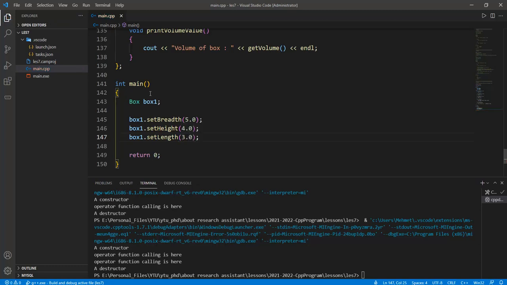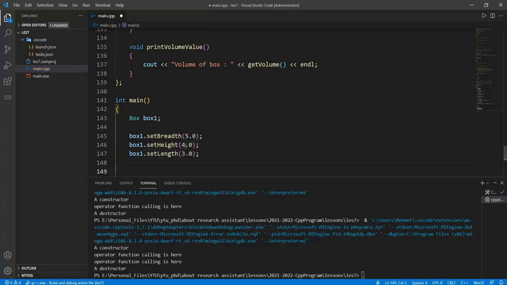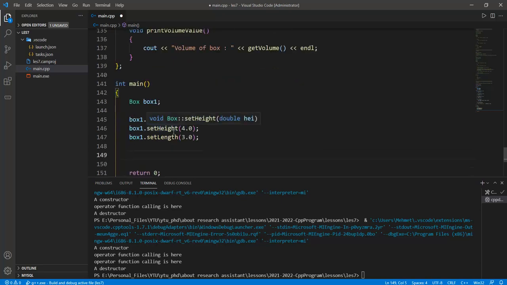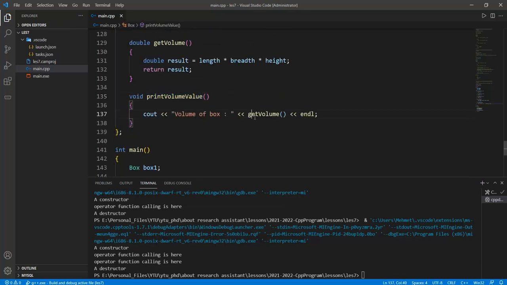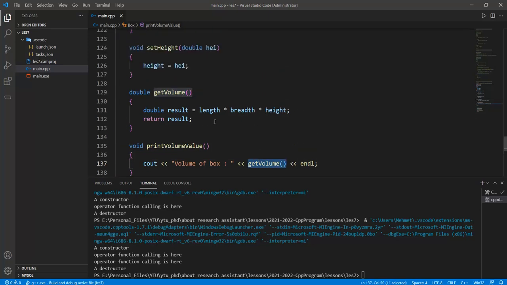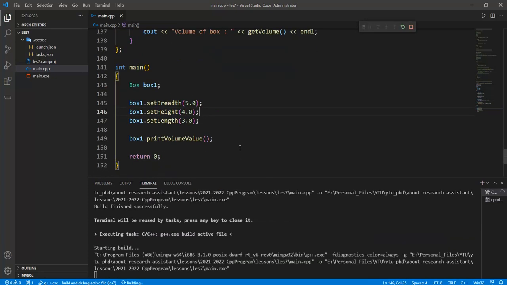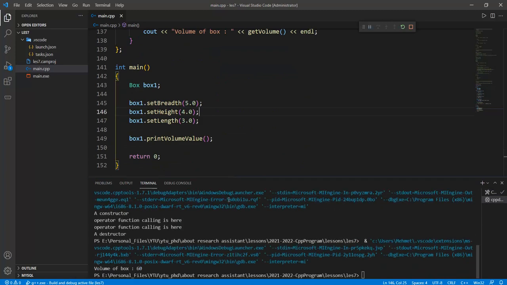Okay, and so if we have this kind of information in here, box 1 can be called print volume value like this one, because the print volume value calculates the total volume by calling the get volume function. And so the get volume function definition is in here. Okay, and so if I run this code, then volume of box is equal to the